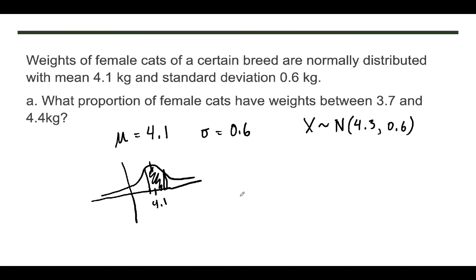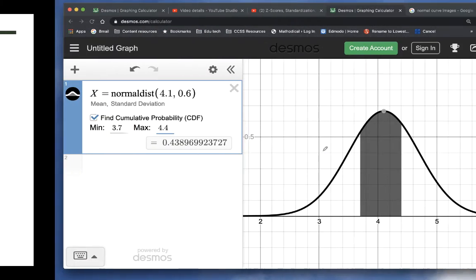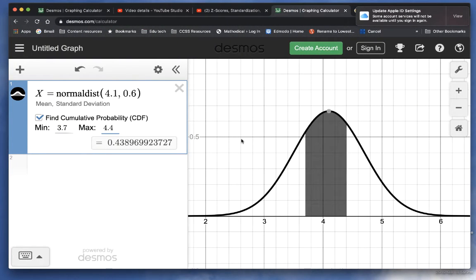So I'll come over here and I'll answer that. This question, the answer was 0.44. So, okay, we have 0.44, or 44% of our cats have a weight between 3.7 and 4.4. So notice I did this in a different way than calculating the z-score. I skipped that step. So I want to go back and do this another way, a common way,